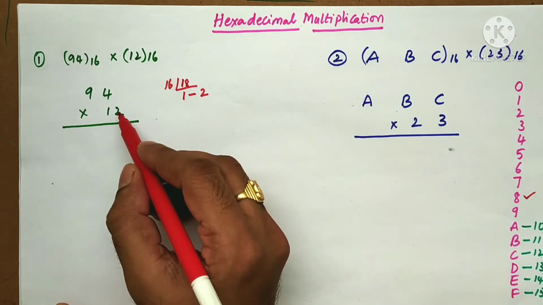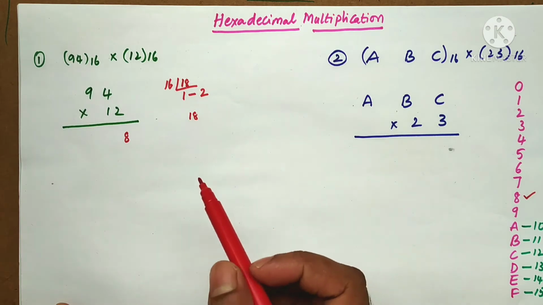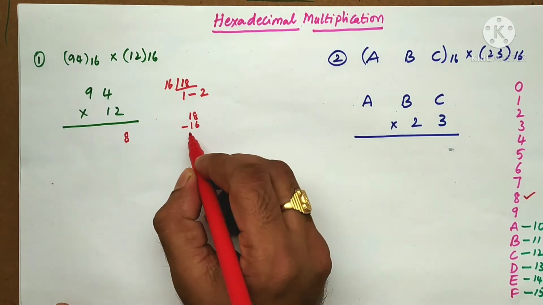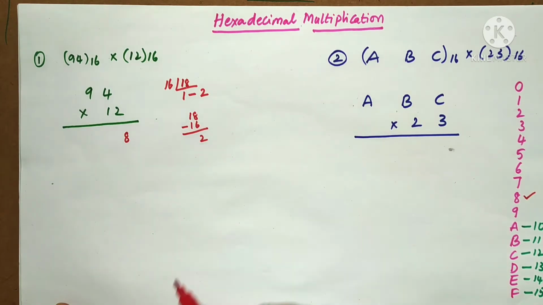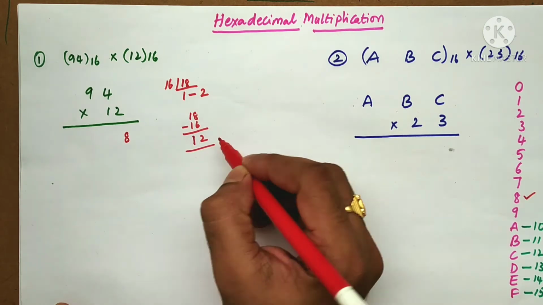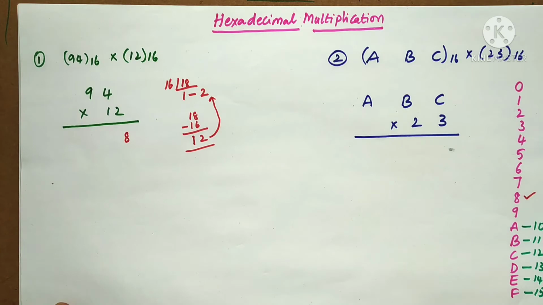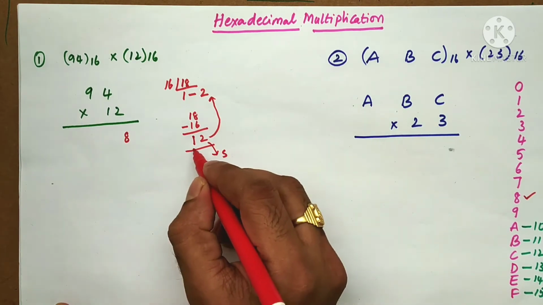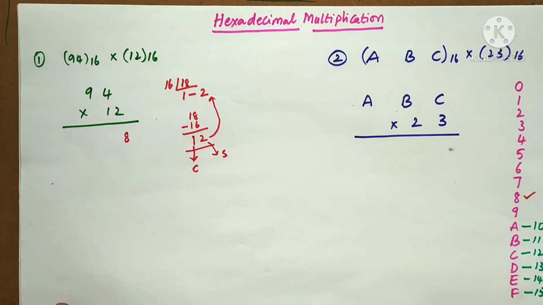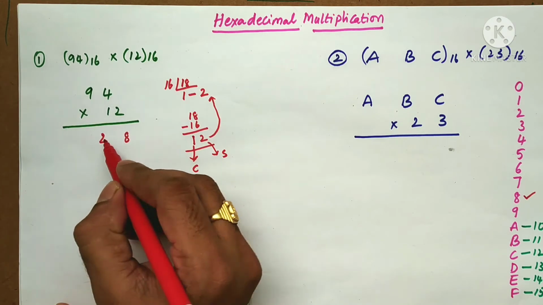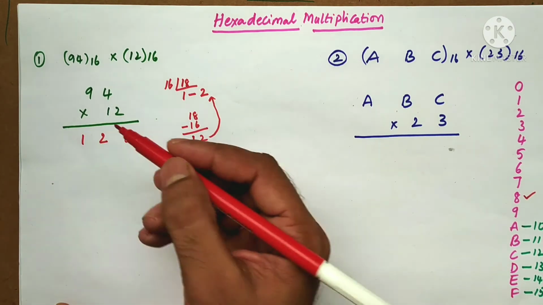Okay. We have to convert 18 into hexadecimal. So subtract 16 from it. So the value is 2. How many times am I subtracting 16 from 18? Only one time. So write 1 here. So 12. In 12, this is called sum and this is called carry. So sum is 12 with carry 1. Carry you have to write here.